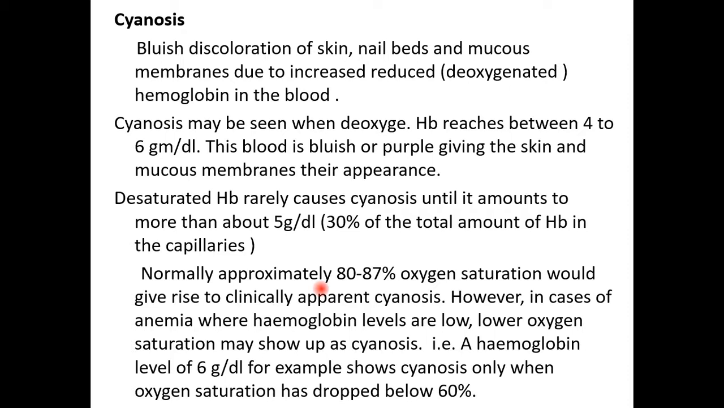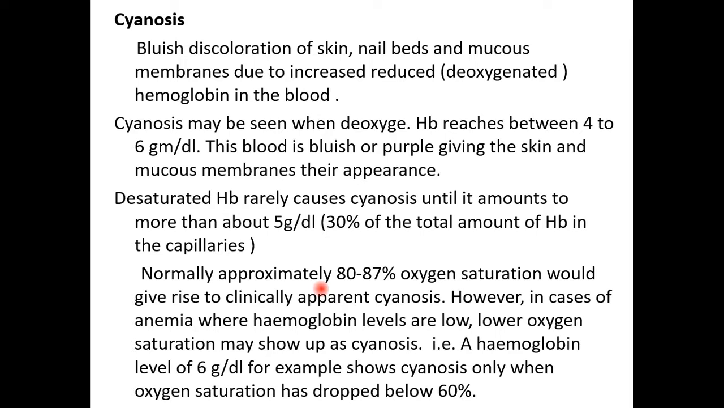Desaturated hemoglobin rarely causes cyanosis until it amounts to more than about 5 gram per deciliter, as we said, about 30% of the total amount of hemoglobin in the capillaries. So when reduced or deoxygenated hemoglobin reaches approximately 5 gram per deciliter and more, the patient will have cyanosis. Of course, this will be very difficult to see in anemic patients and very easy to see in polycythemic